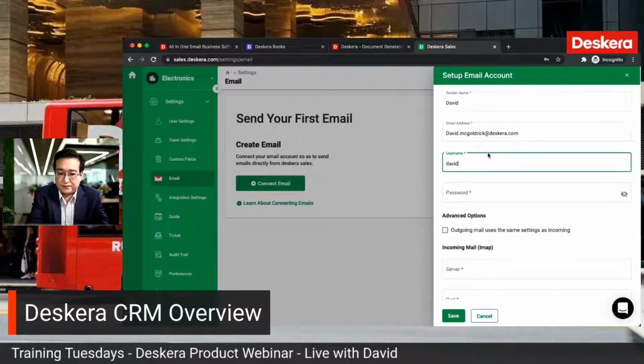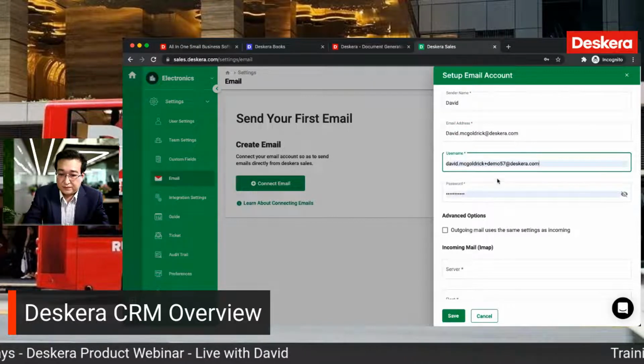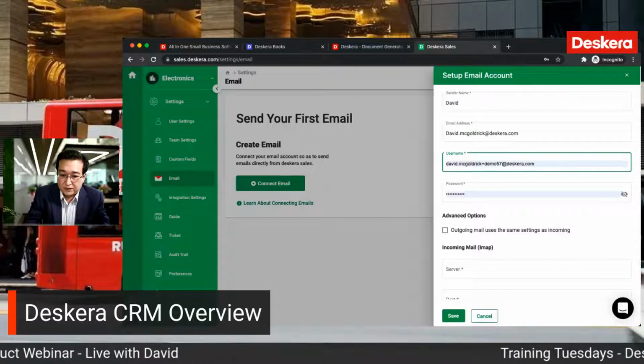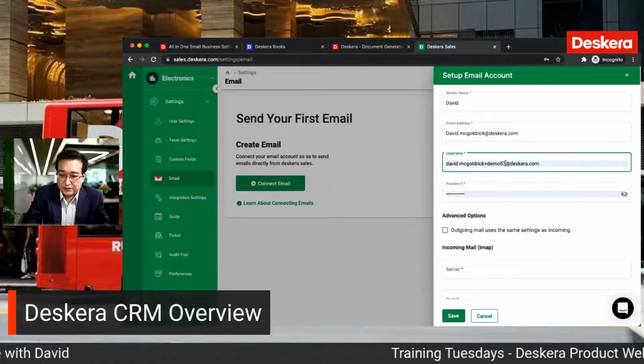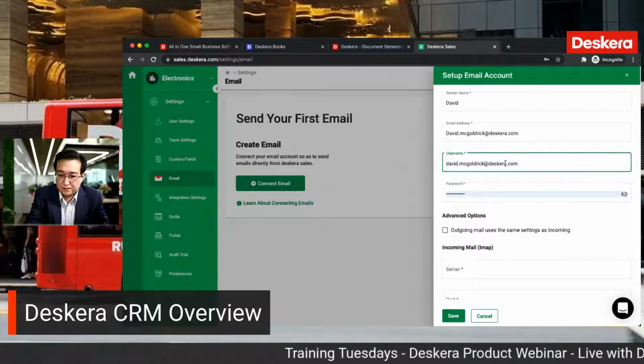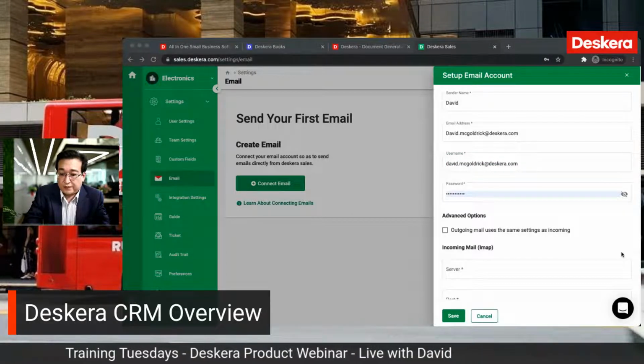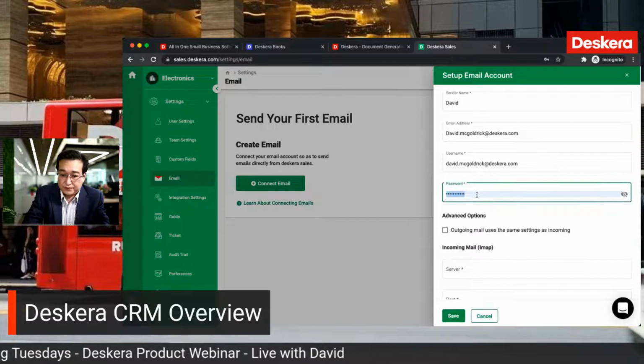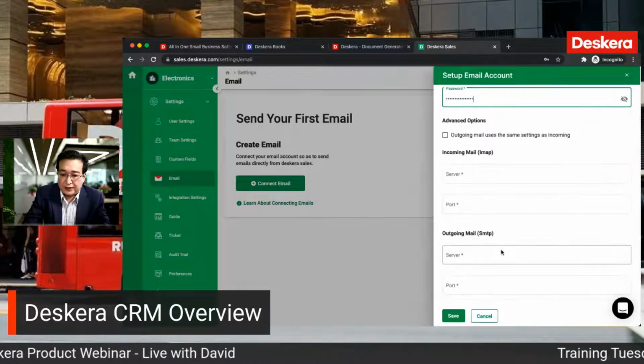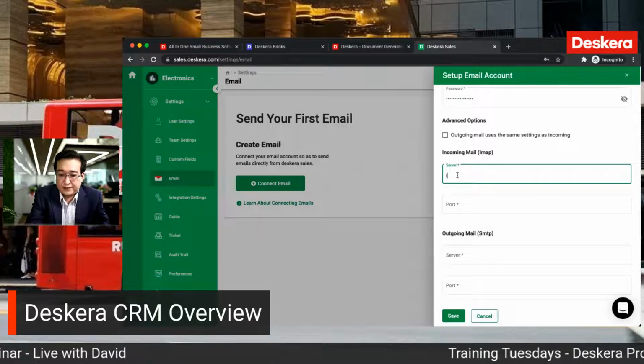Username. Oops, this one, but I'm going to delete the demo. Then I'm just going to input my password. And then I can just put in the server name. So for example,